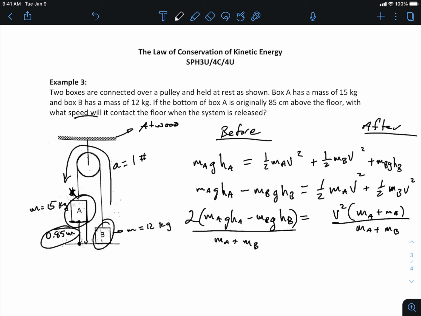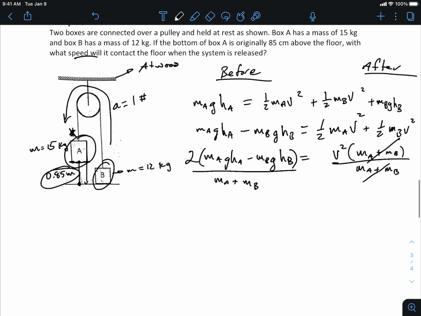Right? And that's going to equal V squared, right? These are going to cancel. And so we can find the velocity of the entire system. Sorry, I keep using velocity. The speed of the entire system, velocity for V, that's what keeps tripping me up. The speed of the system we can find as being